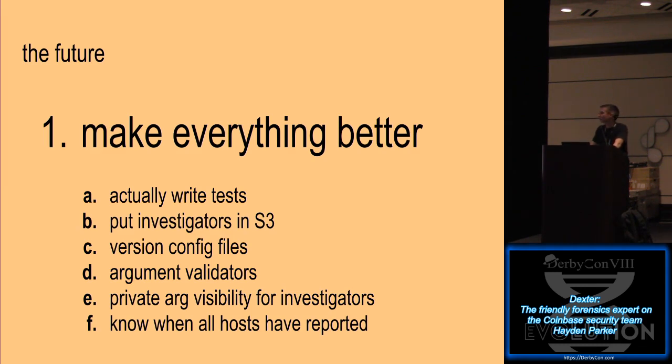So if there's, say, 100 hosts in your environment that are going to be the scope of your investigation, you're just going to have to know via another channel that there are 100 hosts in scope, because there's no mechanism for Dexter to say how complete the reporting is. So some mechanism for that would be cool, but I don't have a ton of good ideas here. So come tell me about your ideas afterwards.